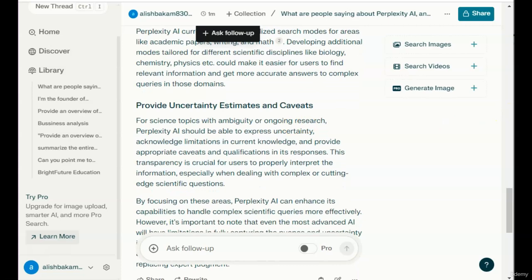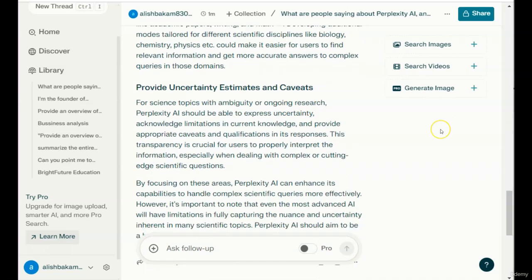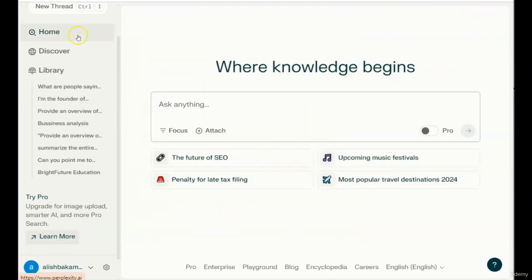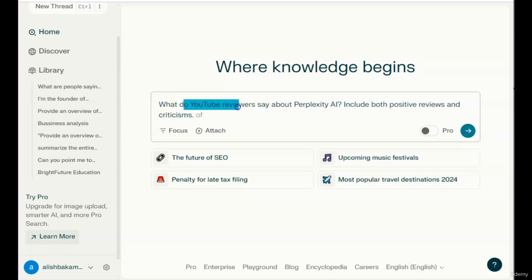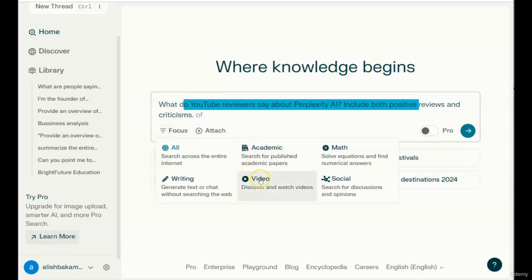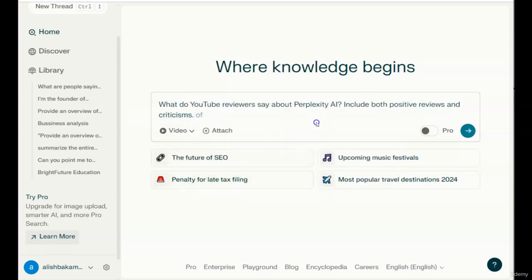So moving on, you can say, what do YouTube reviewers say about Perplexity AI? Include both positive and negative reviews. For this, let's go on home and type our query, which is what do YouTube reviewers say about Perplexity AI? Include both positive reviews and criticisms. And then let's focus on videos. And then press enter. Now Perplexity AI will collect and summarize feedback from YouTube videos. For instance,